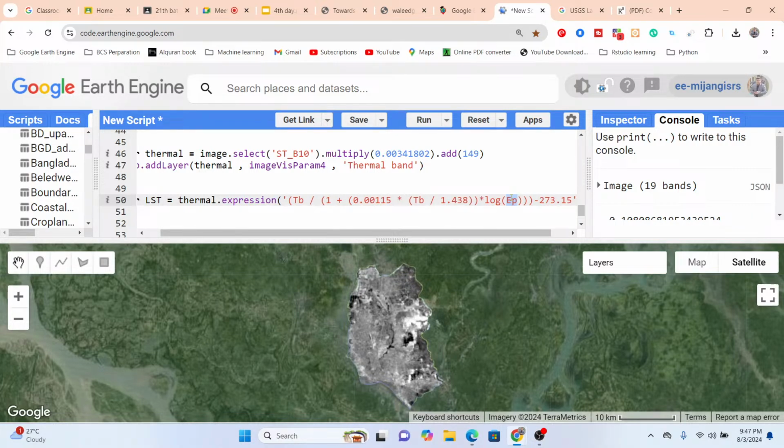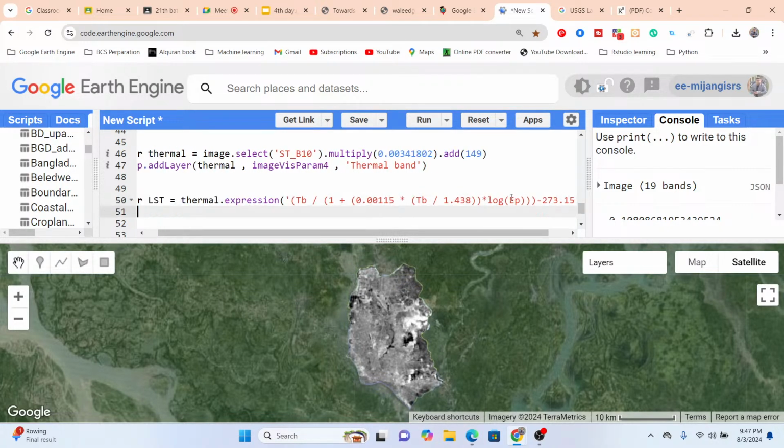So we already know how we can easily work with expressions. After writing your equation, just put the comma sign and then put the curly bracket. In this curly bracket, I define what the TB is. Okay, TB mainly comes from the thermal band. So I put here the thermal and select the STB10. Okay, it's our thermal band. And EP means surface emissivity. So I just mention that EP comes from this EM, and then select